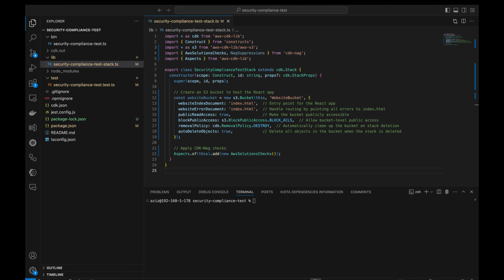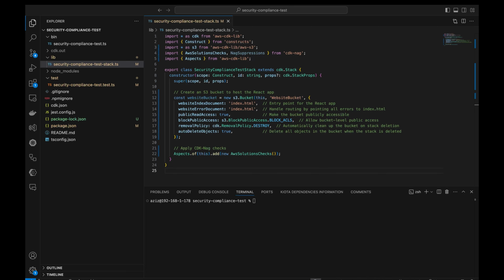Before starting with CDK-Nag, we need to understand a very important concept of AWS CDK, which is aspects. Aspects are a feature in AWS CDK that enable you to inspect or modify all the resources in a stack during the synthesis phase, which is before the CloudFormation template is generated. This means you can apply certain rules, policies, or validations globally to any resource type, such as S3 buckets, Lambda functions, DynamoDB. That's why aspects are a great tool that we can use to apply the compliance and security checks